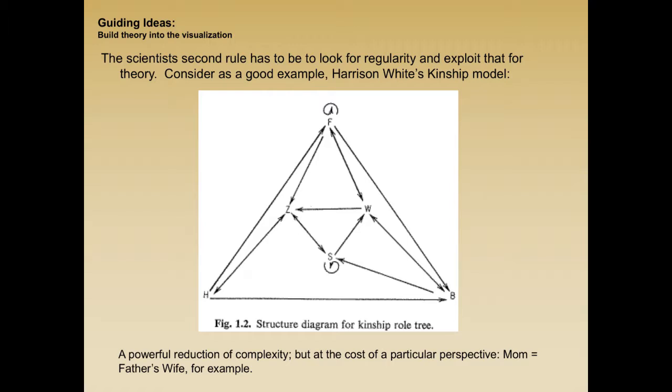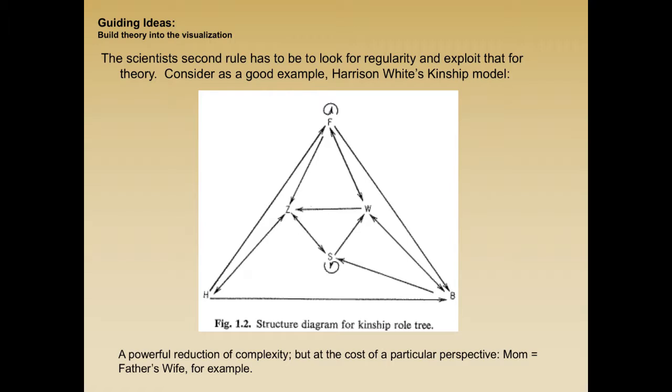For this kind of logic of a social system to work, there have to be some constraints on the underlying network. So not everything is connected to everything else. In this case, husbands can have fathers, but fathers can't have husbands. Right? And that's a gender constraint in a world where they don't allow same-sex marriage. If you do allow same-sex marriage, then fathers could have husbands. But you can imagine going through the social network to think about this kind of abstraction.